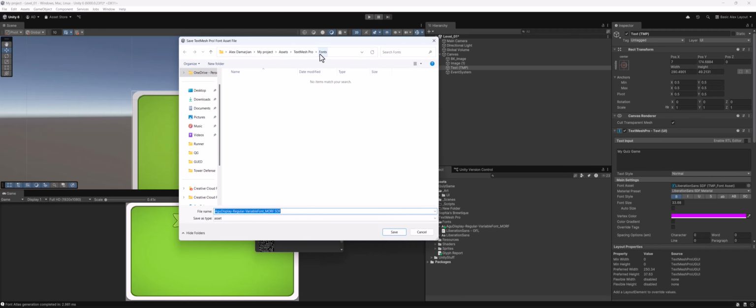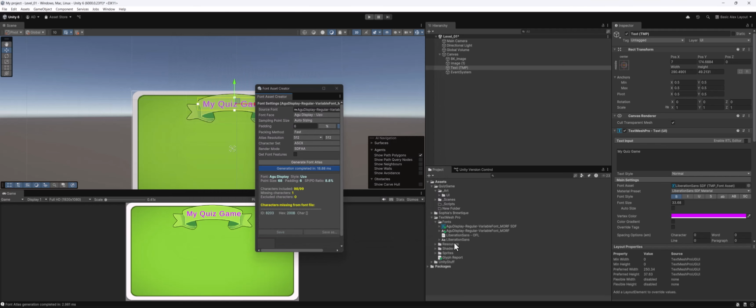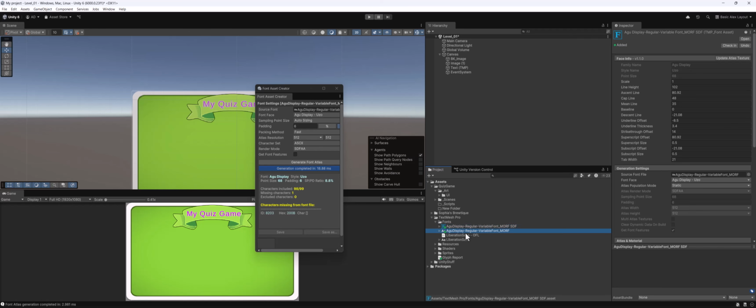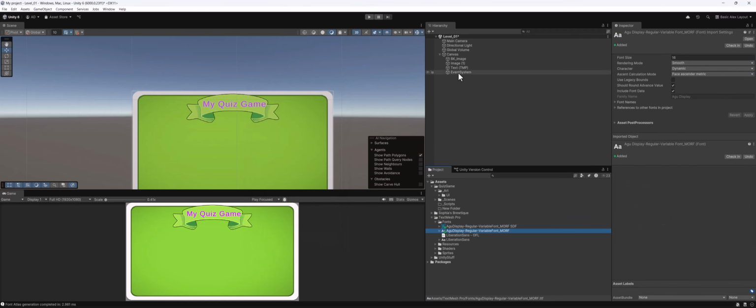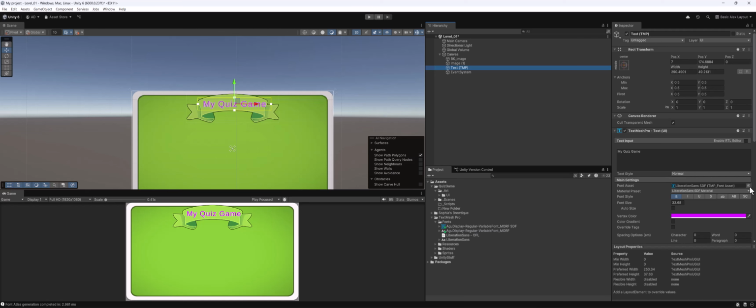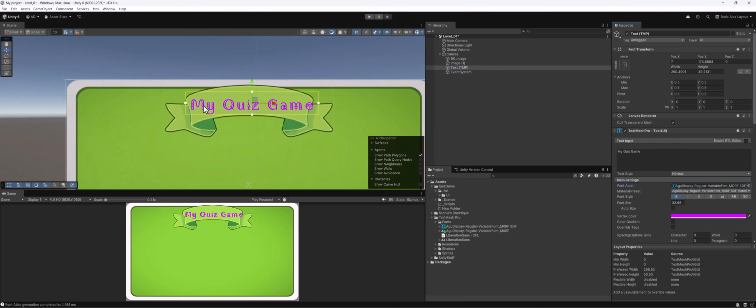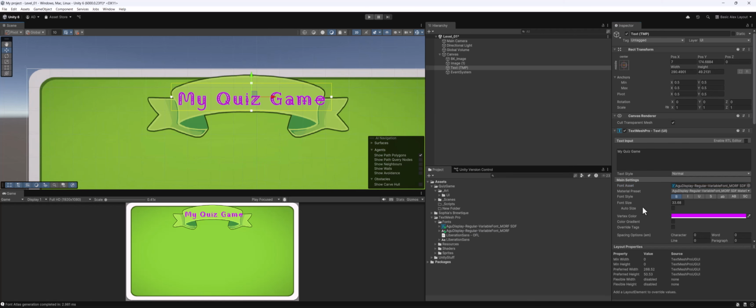And then here's TextMeshPro fonts. I'm just going to go ahead and hit save. And you'll now see that we have this fonts file here, right? Now, if I close this and I go back to TextMeshPro here, I can click on this and I can actually select this font. And you can see my quiz game appears. Now I could adjust the size here, something like this, maybe my quiz game. But I don't want it to be too crazy because,